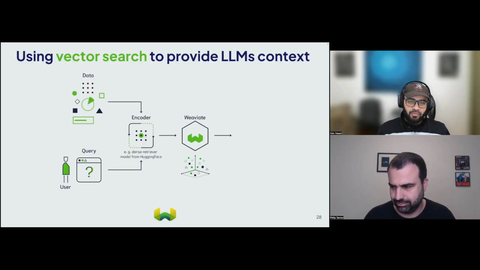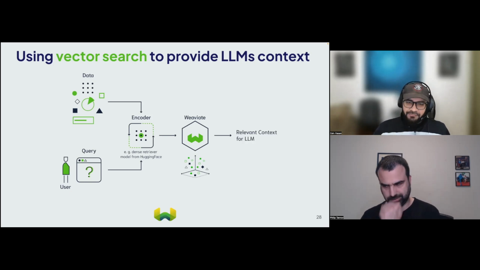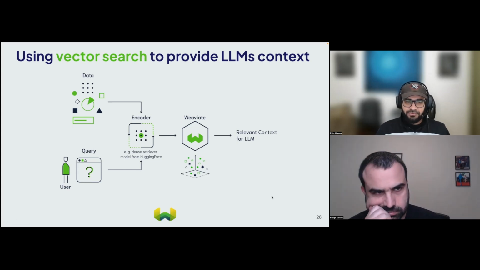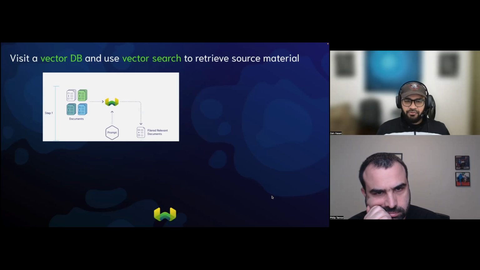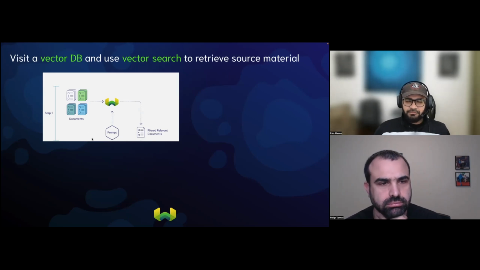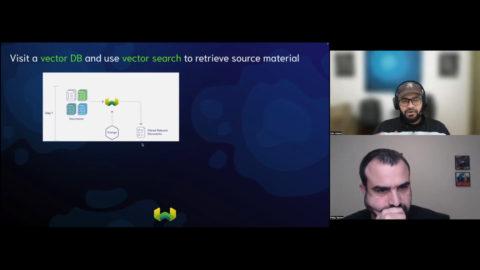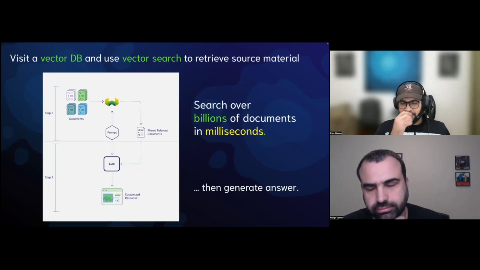The reason why you want a vector database for this, typically you can use any database. You don't have to use a vector database. But the reason why you want a vector database is because the language model can actually do self-querying of the database, right? So the query can come from the language model. It doesn't need to come from a user, which is quite useful, right? So here, you can take your concept that you're interested in, hit a vector database that is storing potentially billions of objects, and it'll give you the top three objects that are the most relevant, and then you can send that off to your language model,